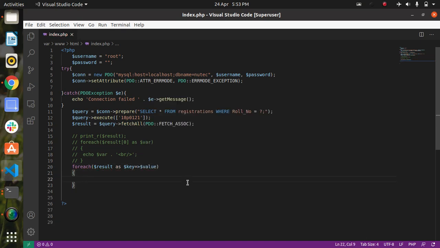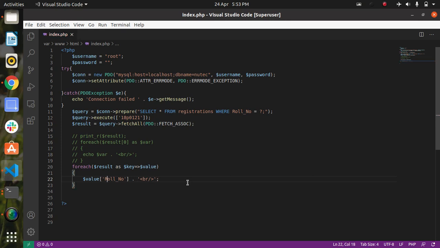So this is the key value method, and in this method we will now mention the column name here, as our first column name is this, and we can extract the value with the help of the column name and write the line break statement here.